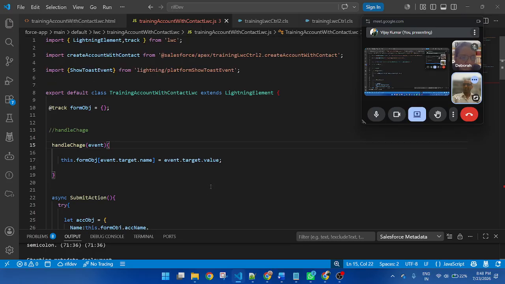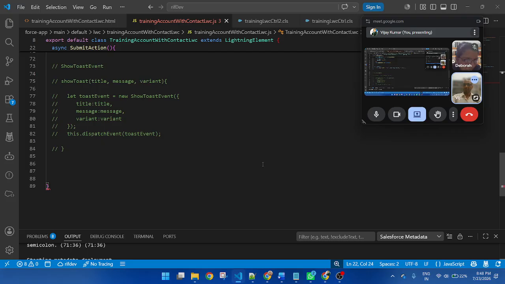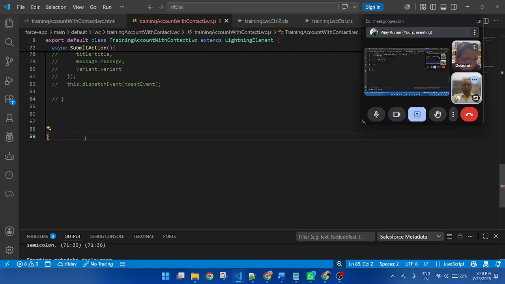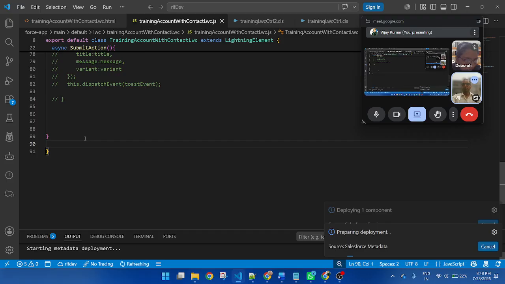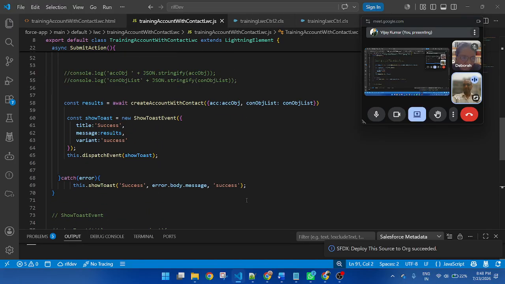So this is a handle, this is an async. Yes, now deploy the code. Yes, some brackets were missing, so that's why I was getting the error.